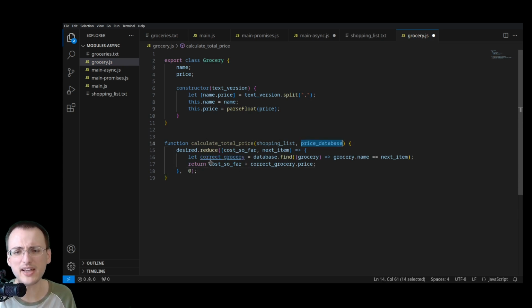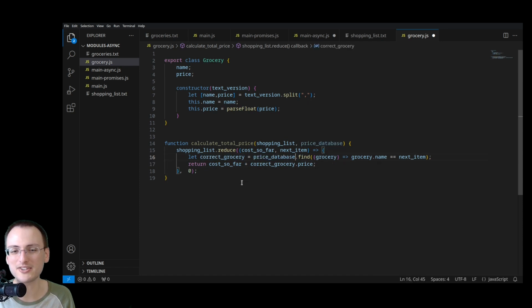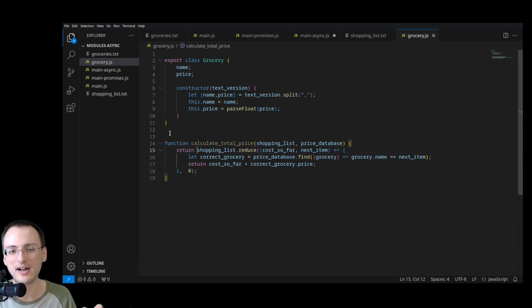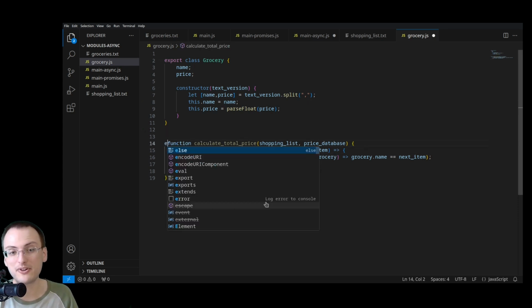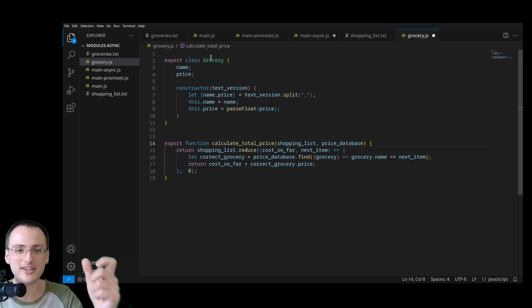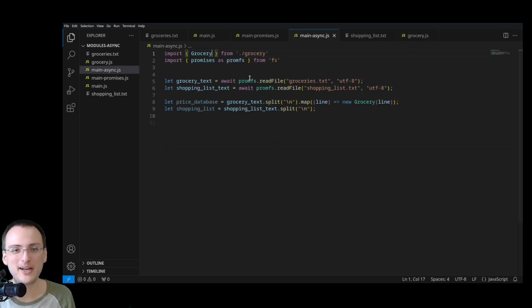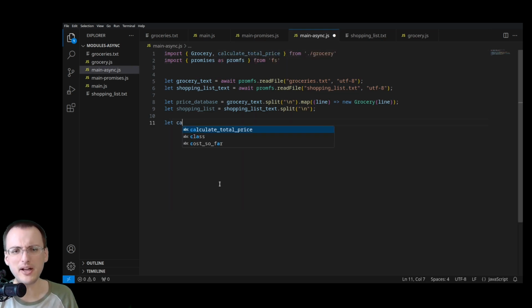We can do this by taking our shopping list, we look through the price database, get ourselves that total thing, and return whatever the final value is. I can put more than one export in a file. So here I've got my grocery, I've got my calculate total price that we've written, and then making sure I save my file, I can come back to my async code, import that second thing, come down to the bottom,